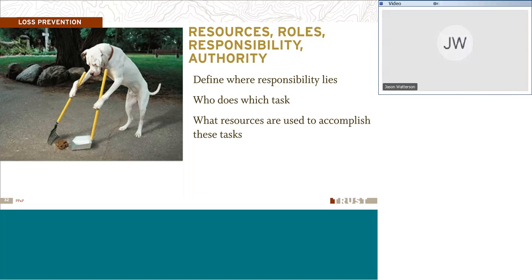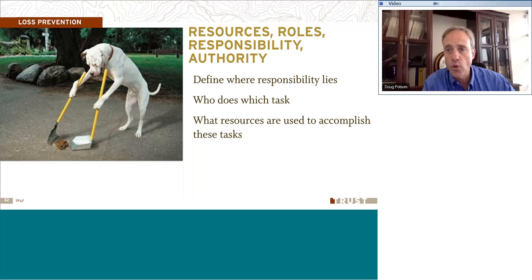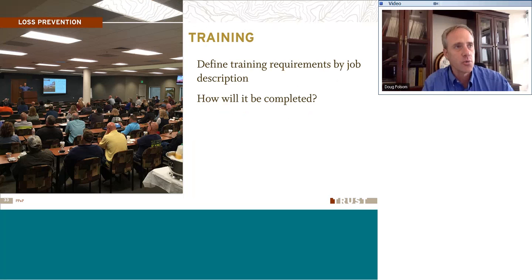Part of this is going to be identifying, like we said, what resources are available to your employees, what individuals' roles and responsibilities are, and who has specific authority, so that when we're dealing with a certain problem, we know who is the person who's going to make decisions, or that we need to go to, or who is giving direction. Those need to be identified and defined within this program as well.